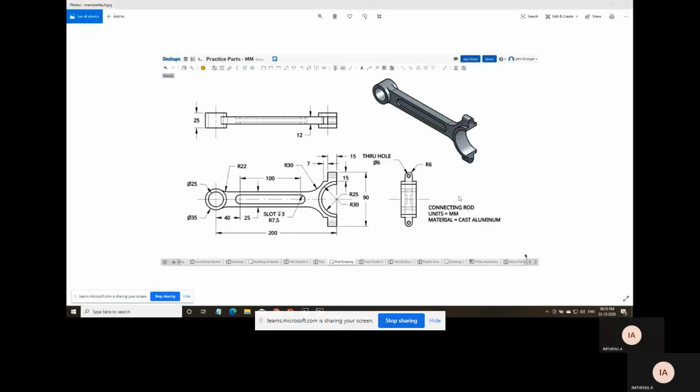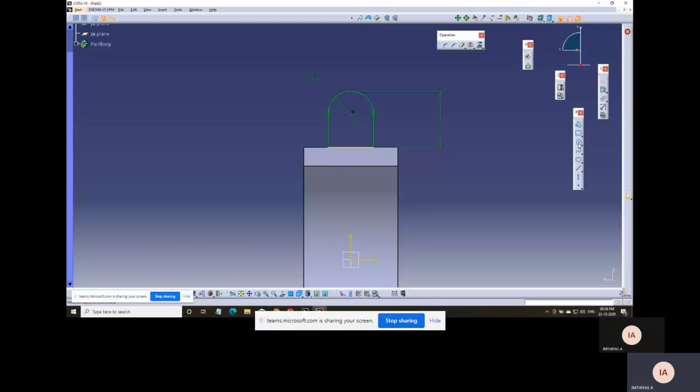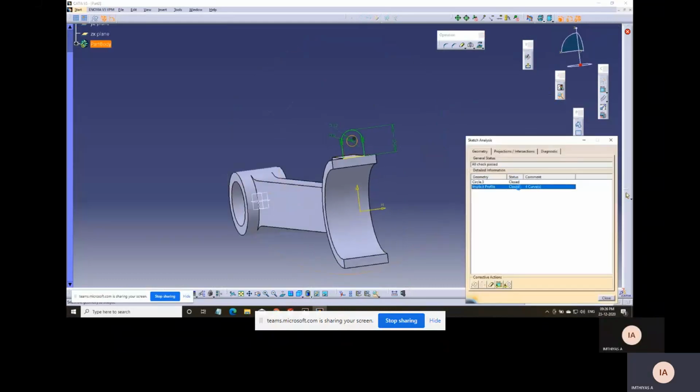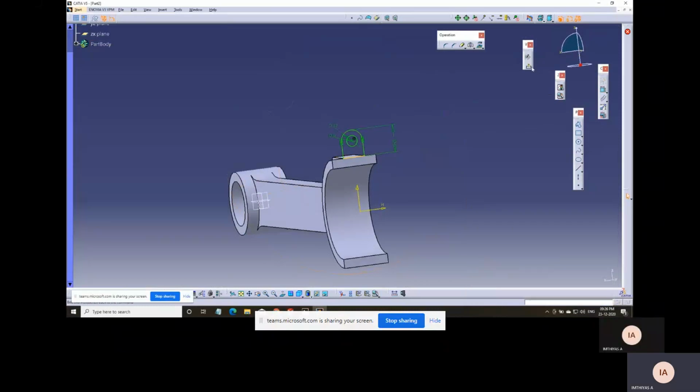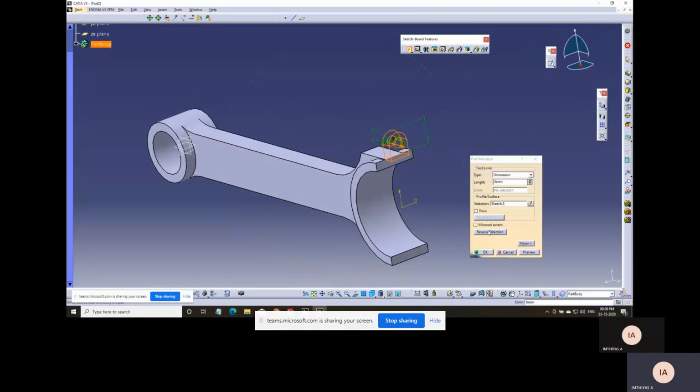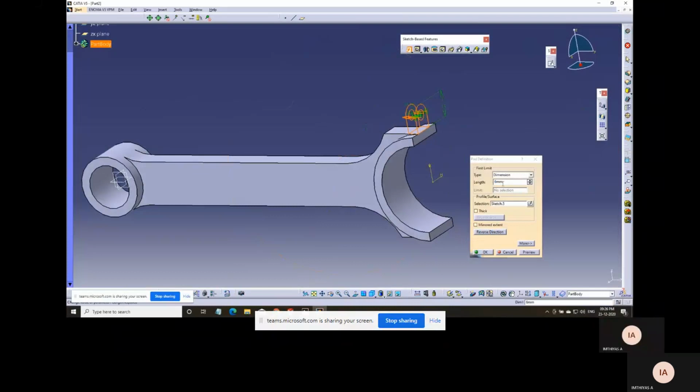Now we'll make a circle of radius 6. Now the profile is closed, so we can use the exit workbench. Then we can use the pad command and reverse direction, with a thickness of 15 mm.